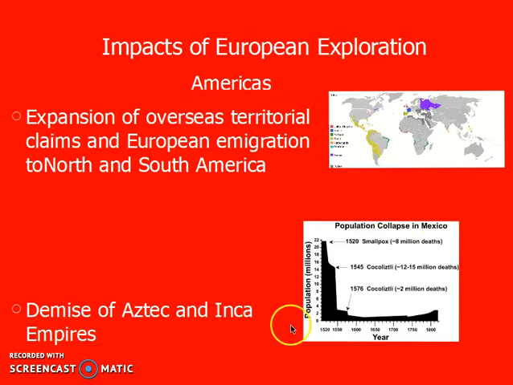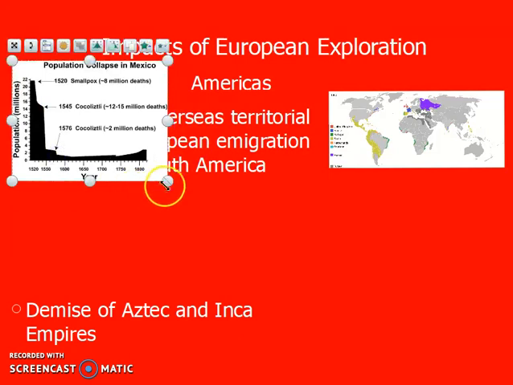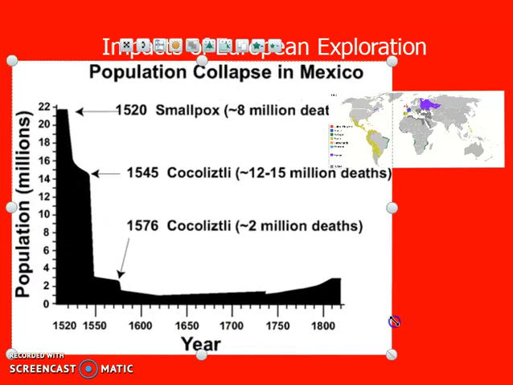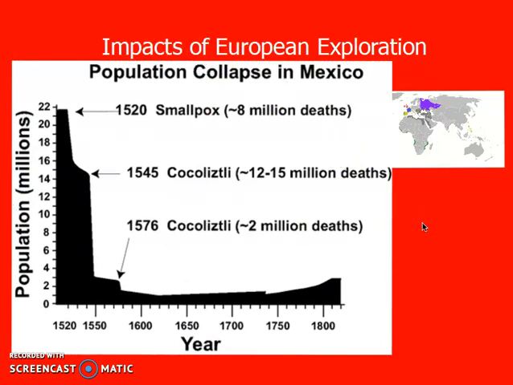You also have the demise of the Aztecs and the Inca. It's just that there's a lot of death, largely attributed to Spanish warfare, Spanish guns. But also, if you look at this chart, in 1520 the population of Mexico was just shy of 22 million people. And by, say, 1550, 30 years later, that number is right around 3 million. They lose 18 million people in 30 years in Mexico,